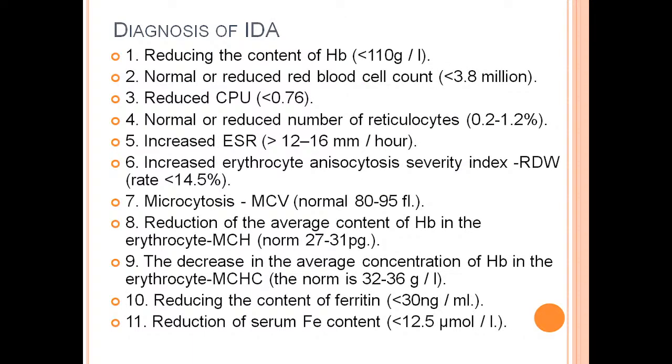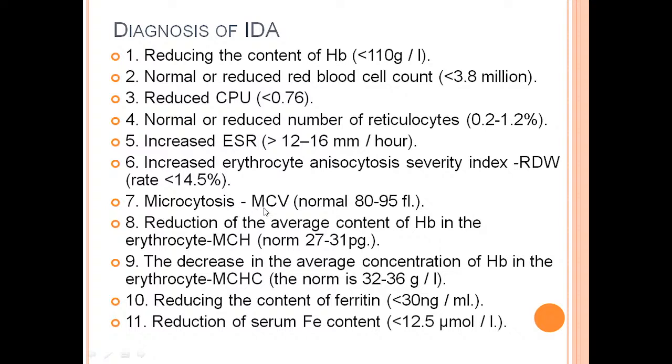What about the diagnosis of IDA? We see reduced hemoglobin content, less than 110 grams per liter. Normal or reduced red blood cell count. Reduced color index, normal or reduced number of reticulocytes, increased ESR, increased erythrocyte anisocytosis severity index, RDW,